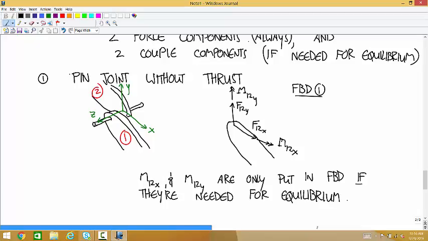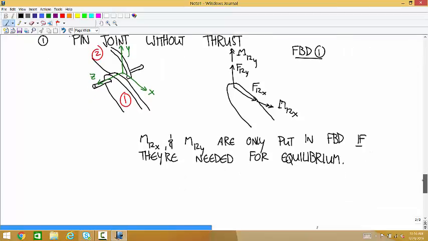So what's an example where they're not needed for equilibrium? The one that's going to come up, the only one that's going to come up in this class, and the most common thing would be